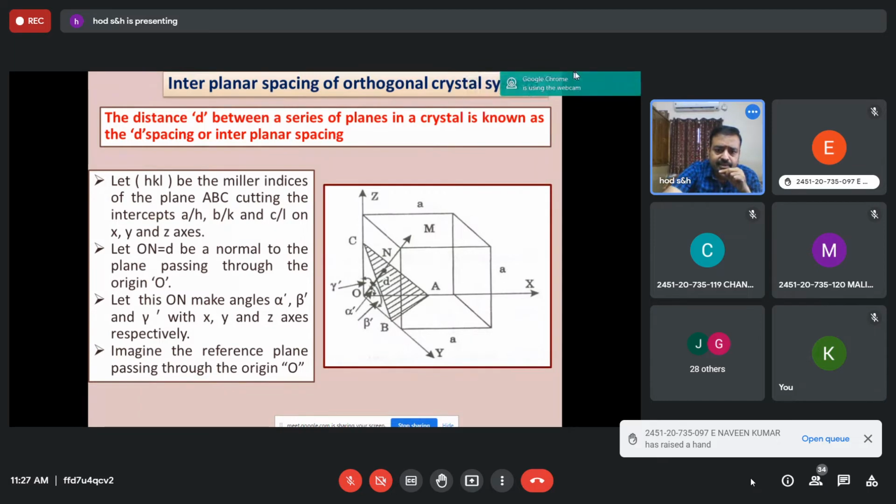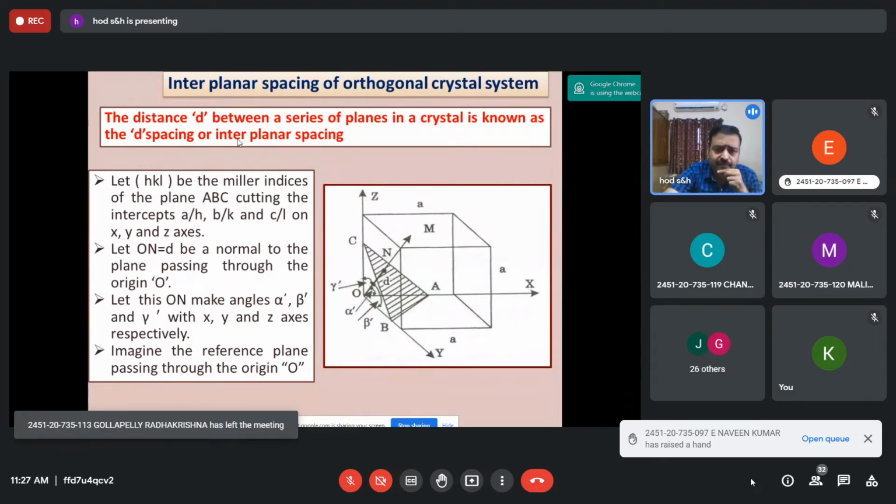And this one, you should identify. You write an expression for the interplanar spacing. Sometimes you get this question. Just to explain in brief. As I discussed, the perpendicular distance between two adjacent planes is called the interplanar spacing. So if you want to find the interplanar spacing for an orthogonal system, you can take a cubic